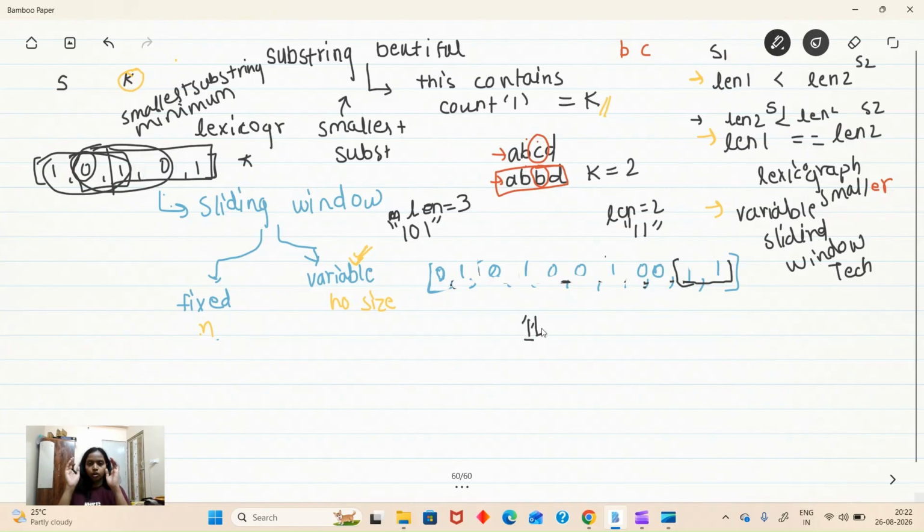You understood what we are doing? We are checking in the window. If we got one good optimal answer, then we shrink it so that I can find the next. Otherwise, how will I find the next? Because we want the exact k, not something less or more. If I shrink one, then only I can include another one in my window.